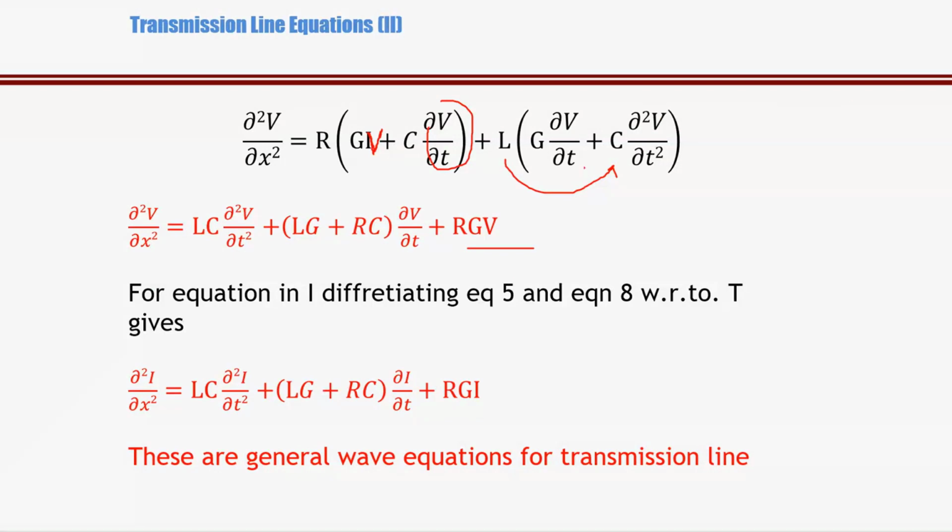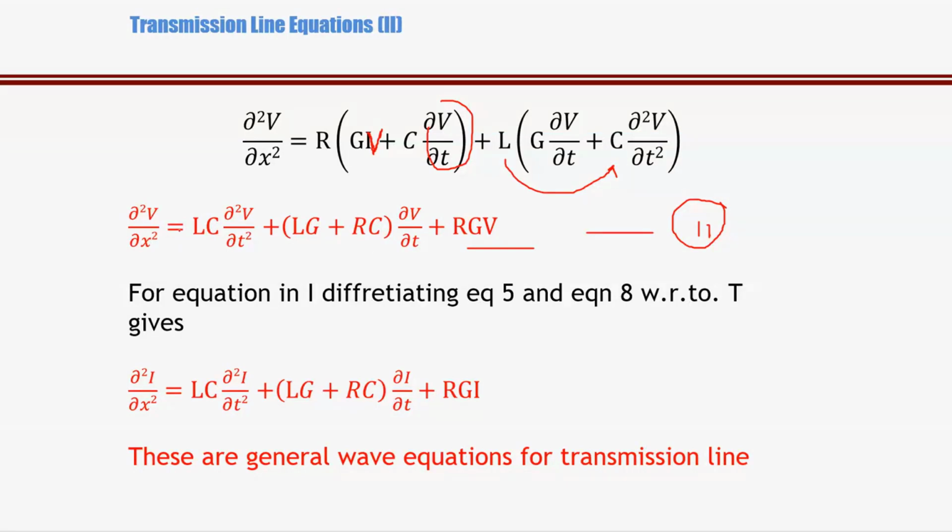Right, so let us call this equation number 11. Now this is the equation in terms of voltage. The second order equation, what does this equation represent? The double derivative of voltage with respect to distance is equal to LC times the double derivative of voltage with respect to time t, so it is a second order equation on the right hand side also, plus (Lg + Rc) ∂v/∂t plus RGV. So in terms of x and t we got all the other parameters for v.